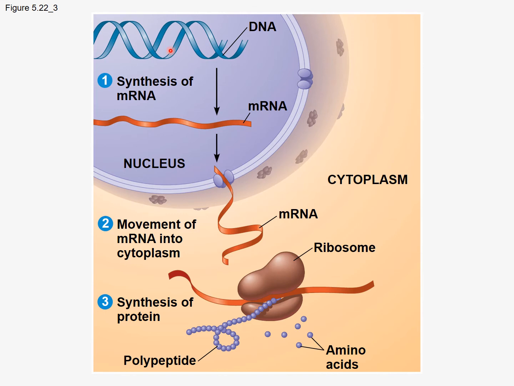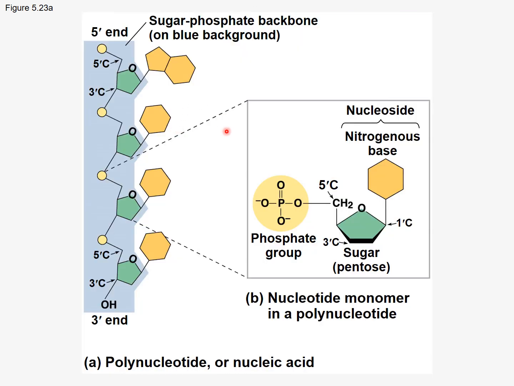So DNA stores the information to actually replicate itself, and it stores the information which is needed to ultimately make proteins through the production of messenger RNA. Now, looking at the structure of DNA, we have what's called a 5' end and a 3' end. The 5' end really refers to that number 5 carbon that's found on the ribose portion of the nucleic acids. So if we look at a nucleic acid,